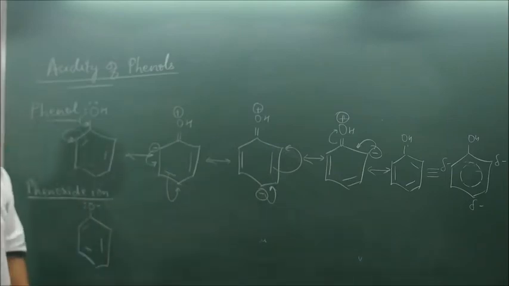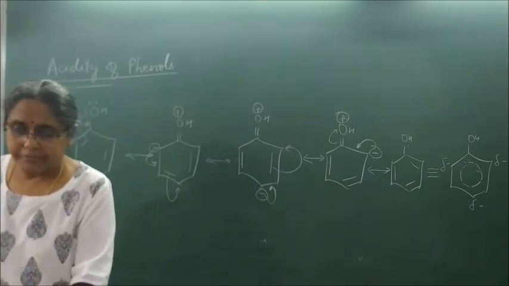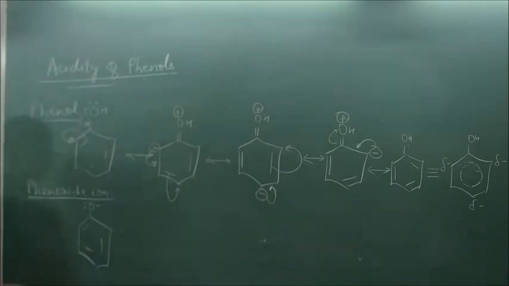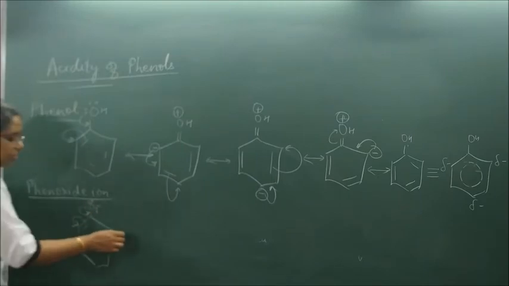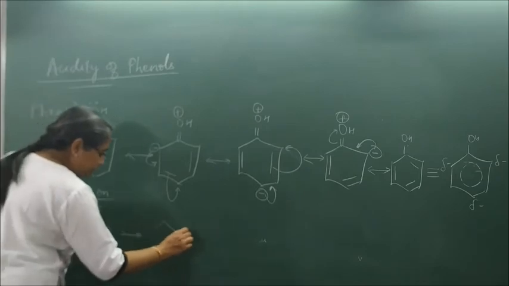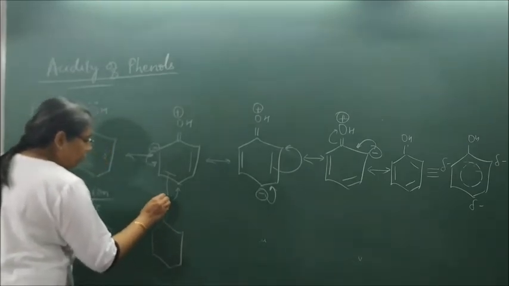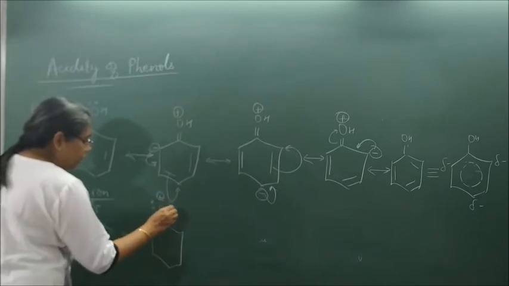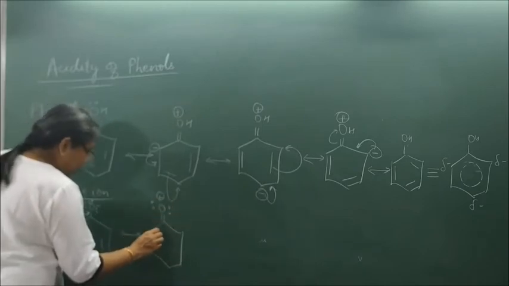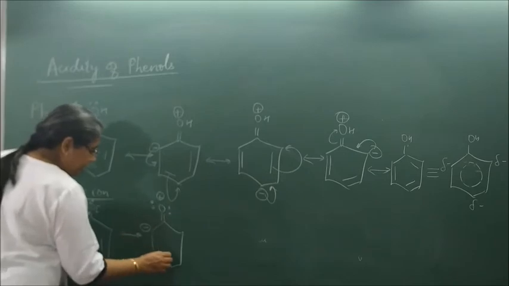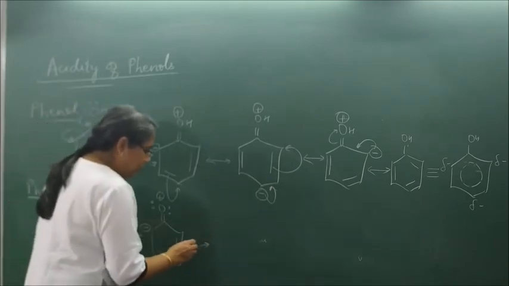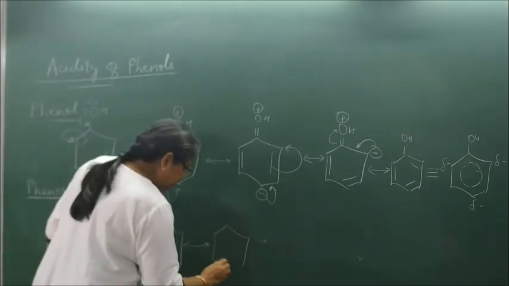On O negative, how many lone pair electrons? 3 lone pair electrons. So this goes, this comes. So please draw the structures now. Double bond O. You will have a positive charge here. You will have 2 lone pair electrons, and you will have a negative sign here, and you will have a structure like this. This further goes as